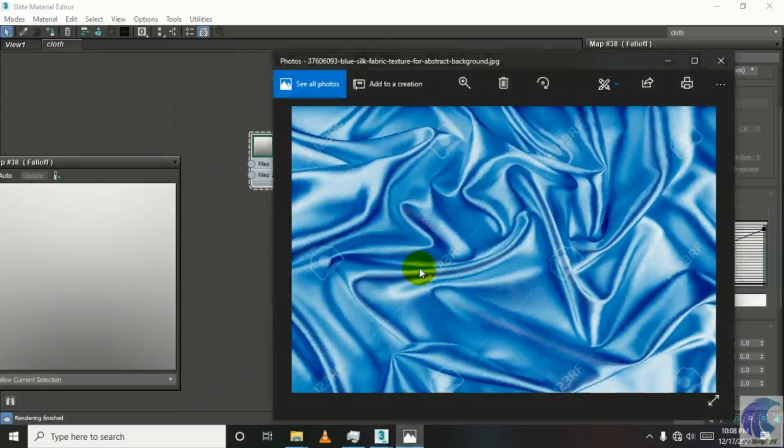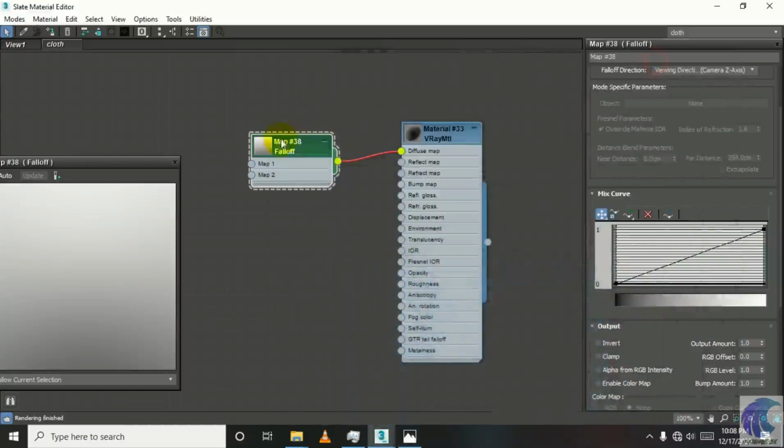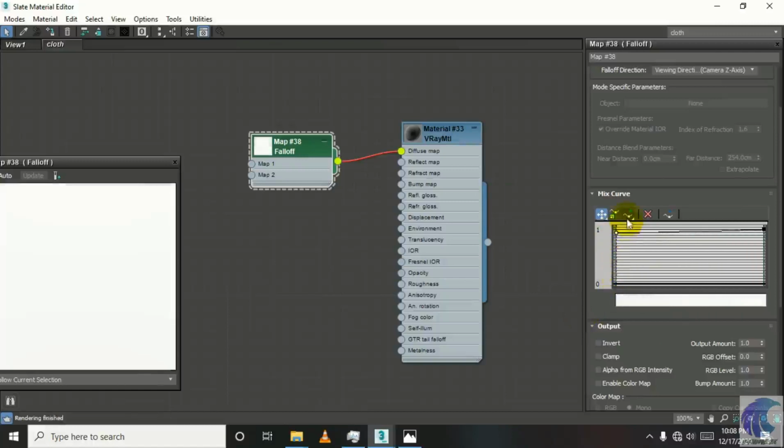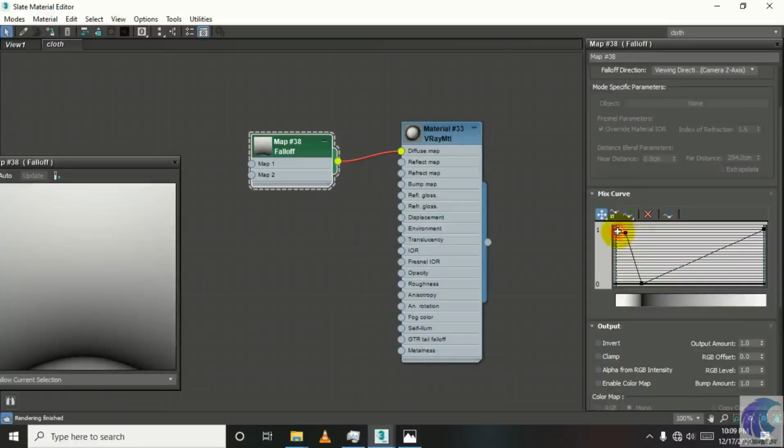Let's create some sharp merging or soft merging between these two colors. So we will use black and white color. Pick this point from 0 to 1, and now add 2 points here. Now pick this point and just move it here, and move it here, and now move this point about here.